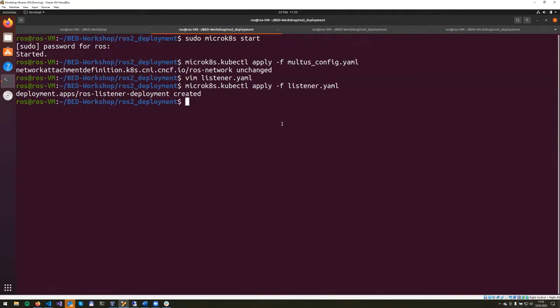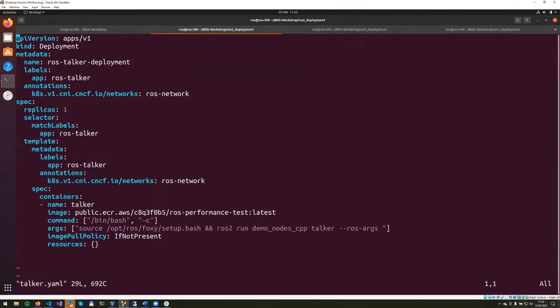So we'll move to the Docker. Let's use vim docker.yaml. And as you can see, we've got the same structure. We have changed only the labels, so we know that this is a ROS Docker. The annotations part is the same, so we know that there is an additional network card inside of the pods, and we are specifying the same image that we have